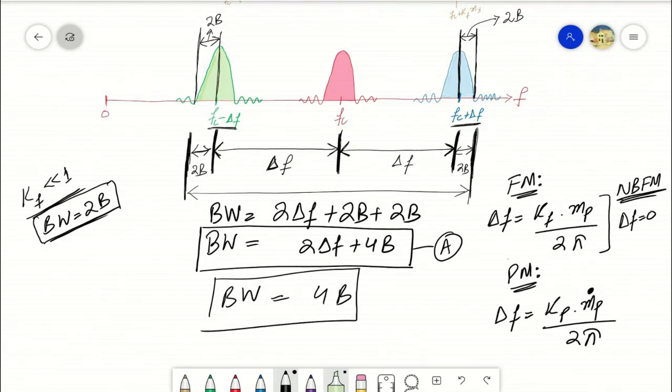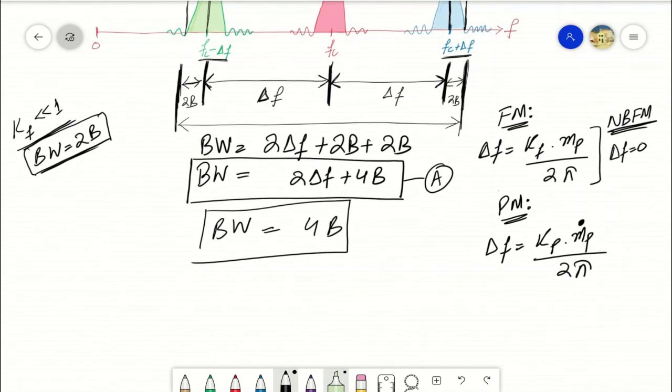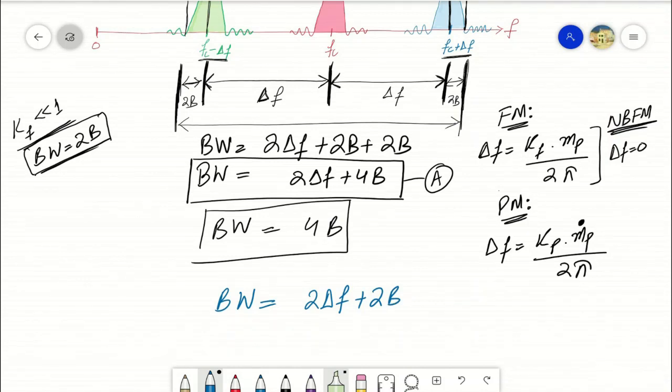So this straight away suggests the adjustment required in the formula of bandwidth which we have derived, which was incorrect, which was not precise because of the assumption of taking the information signal as a staircase variant instead of its original form. So by applying this minor adjustment, we can write the bandwidth formula for the case of phase and frequency modulated signals as equal to 2 times delta f plus 2 times the bandwidth of information signal.